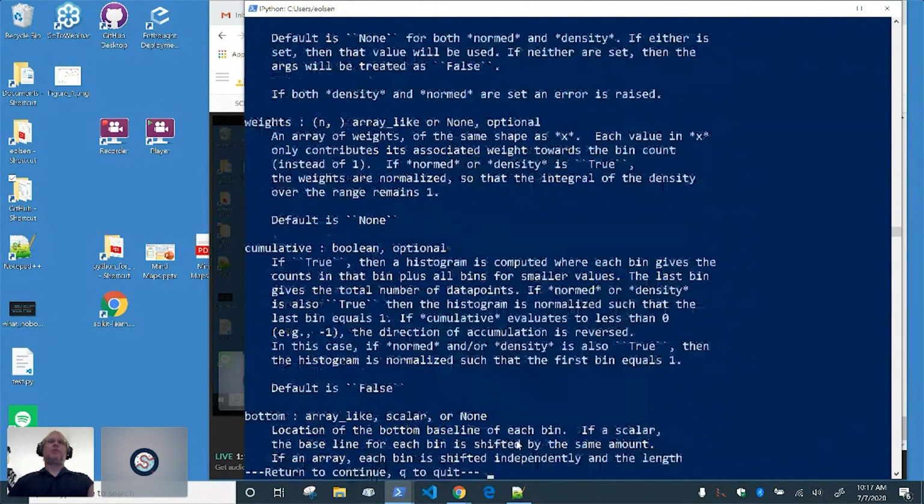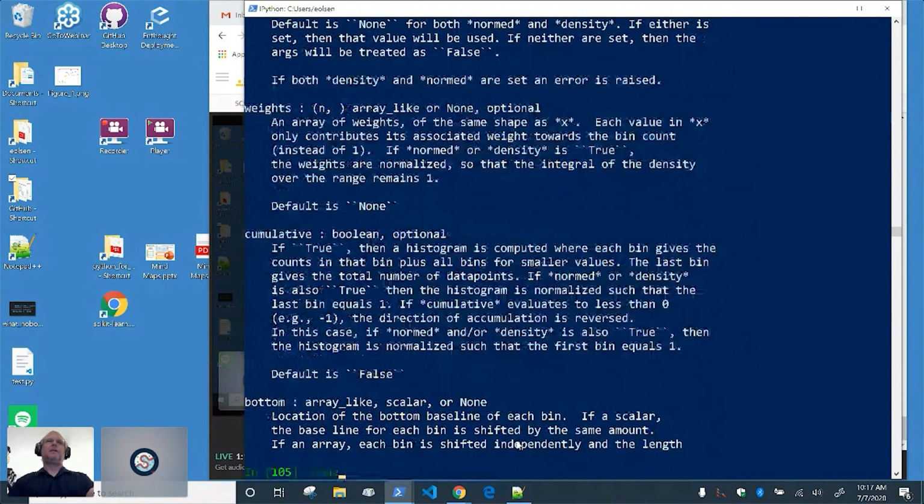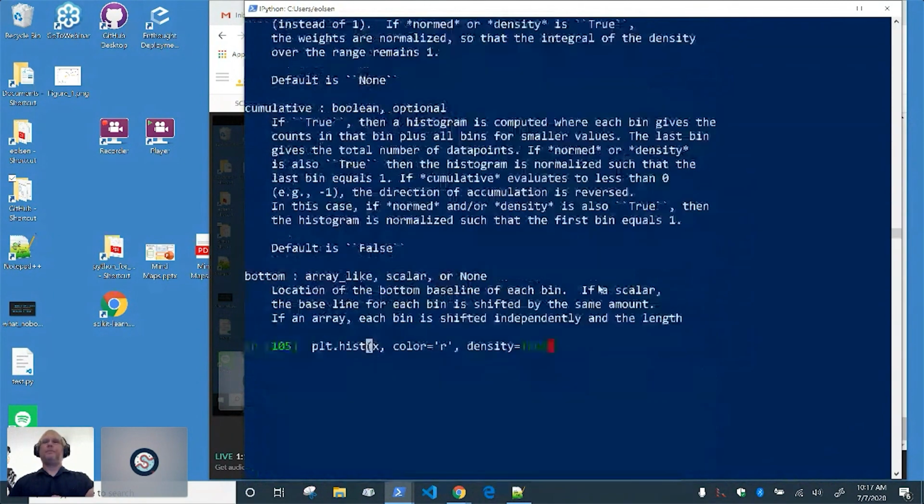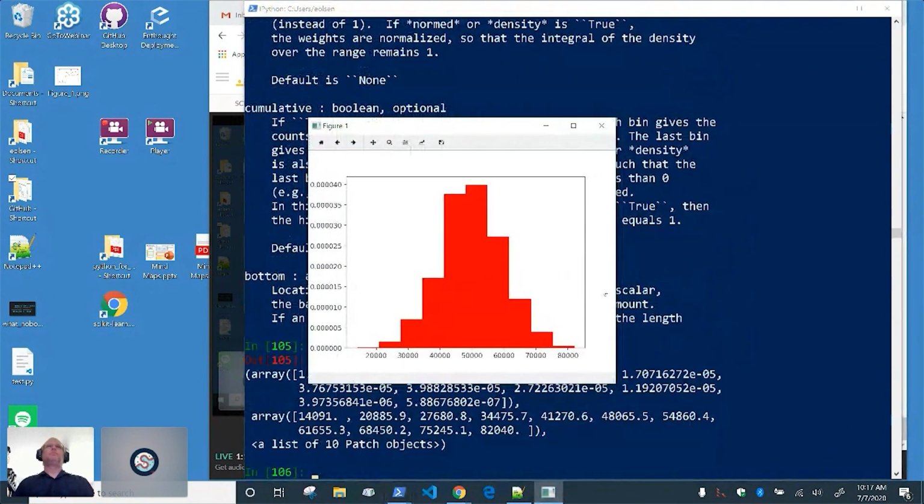Well, let's see what it looks like. Let's just go plot histogram color density equals true. Or is that? Yep. Yeah, that was it. There we go. Although